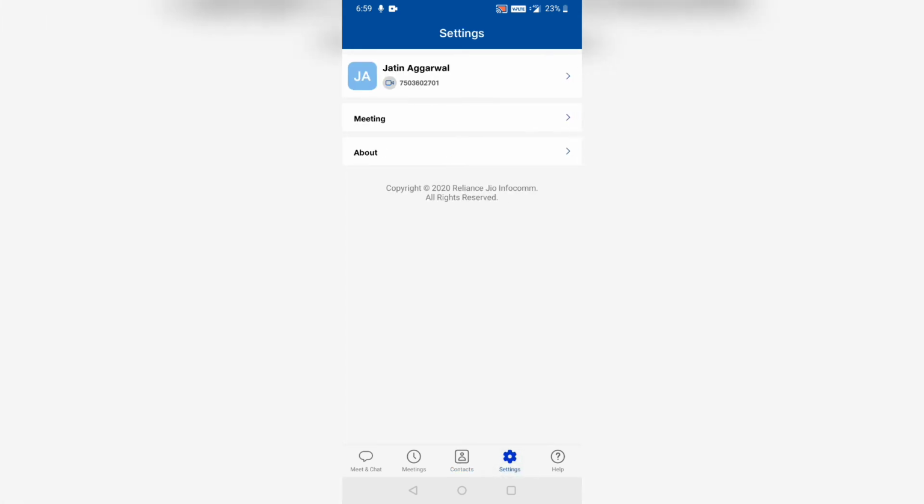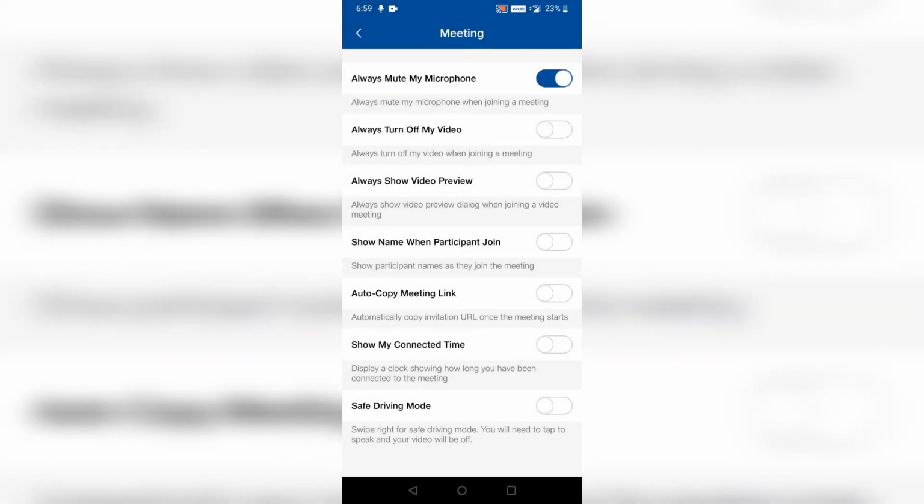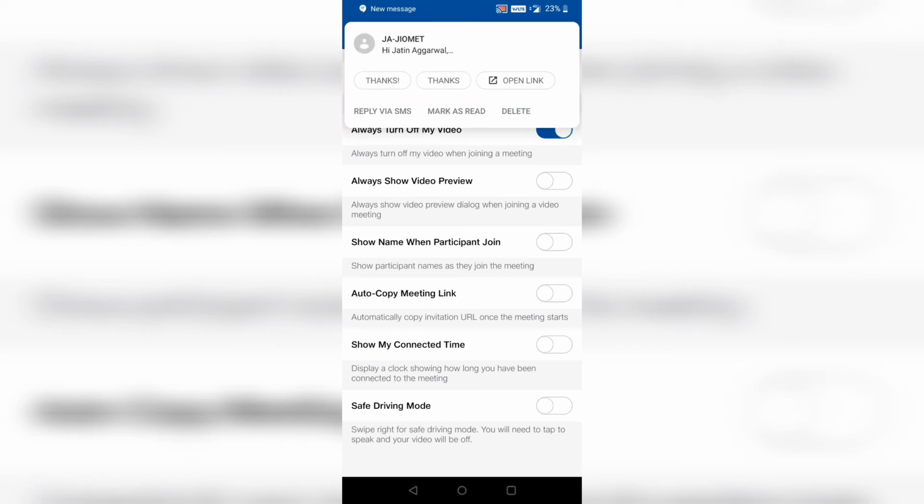In the next step, settings, there are settings for meetings, like default settings, we can say. If I want my microphone or my video to be muted at the start of the video by default, I can select these options. After that, there are other options, like if I want to show my name, if I want every participant who will join to show his name.